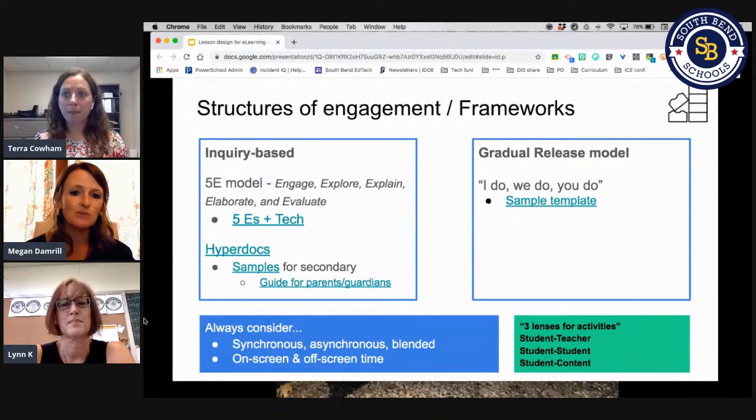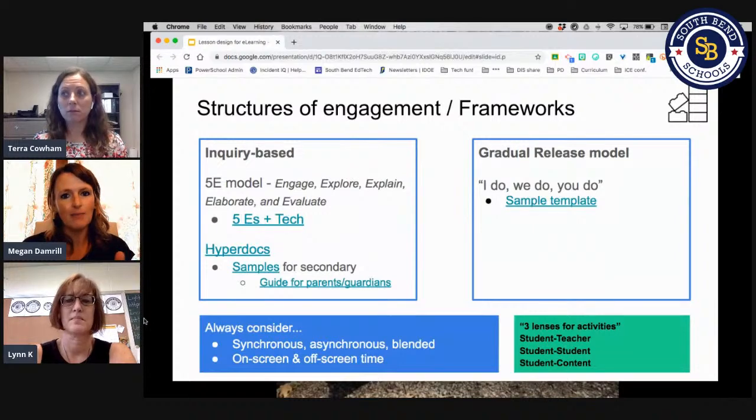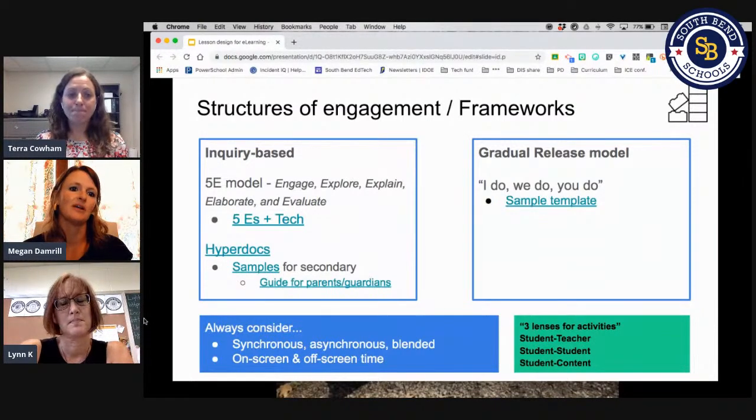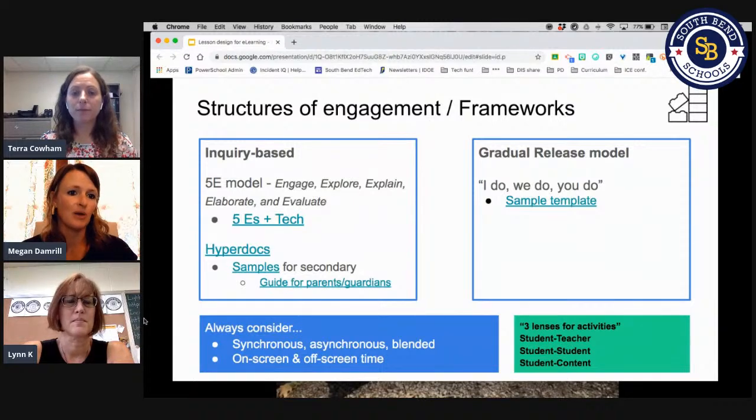And then certain parts, more so like the explain, might need to be a synchronous meet with the teachers. Yeah. That's the day we're going to go through this part of that Hyperdoc together as a class, and we're going to talk about this together. So those Hyperdocs also naturally blend to that asynchronous and synchronous time frame that we want to build into our